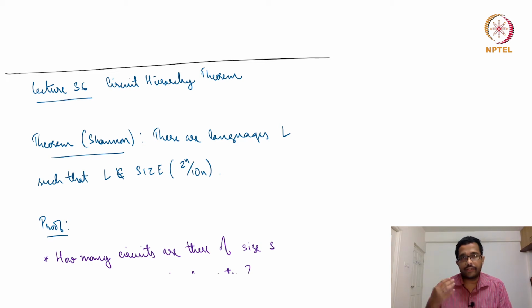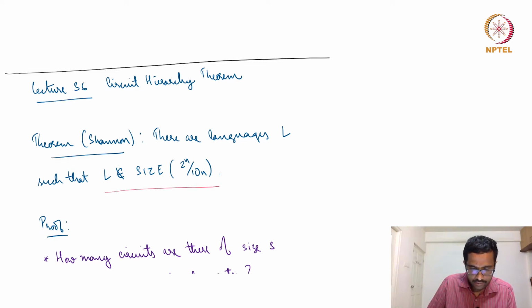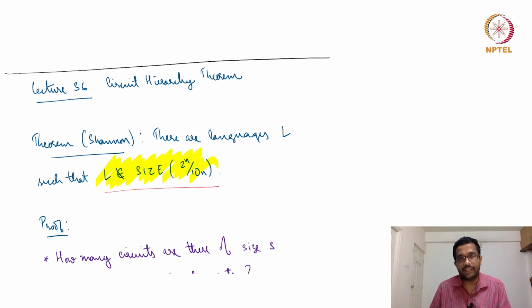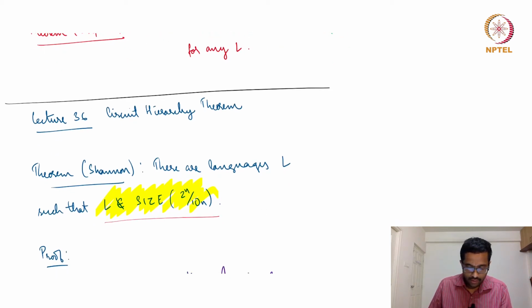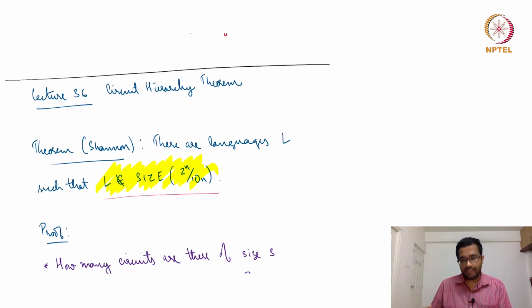that require at least 2^n / n size circuits. The formal statement that I have written here is that there are languages that cannot be computed in circuits of size 2^n / (10n). So the denominator has an extra 10, and this 10 is somewhat arbitrary. We'll see why, and we'll prove this, and then we will lead on to something like a hierarchy theorem for